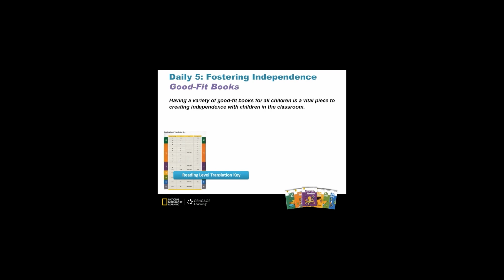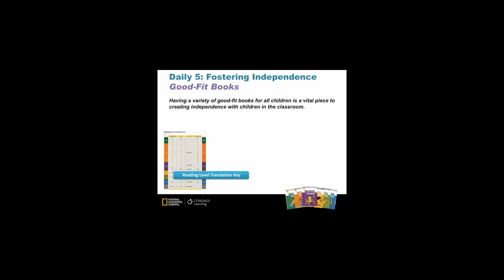Before teachers begin Daily 5, the sisters emphasize the importance of setting up classroom libraries and teaching students how to choose what they call good fit books. The anchor lesson they developed is called the I PICK lesson. The I stands for I pick a book. The P is for purpose. Students ask themselves, why do I want to read this book? And I is for interest. Students ask themselves, does this book interest me? The C is for comprehend. The students ask themselves, am I understanding it? And the K is for know. The students ask themselves, do I know most of the words?